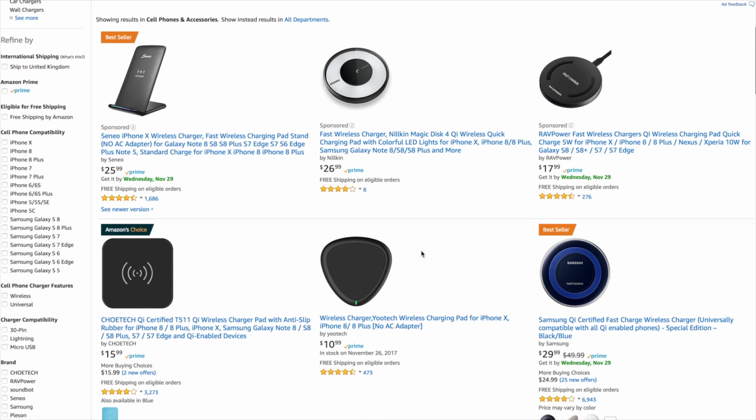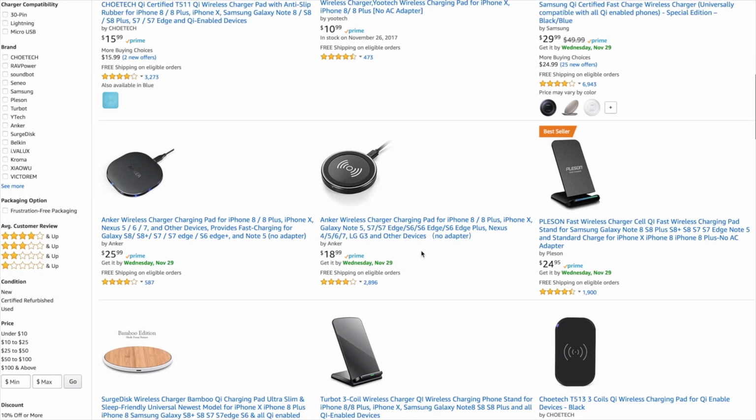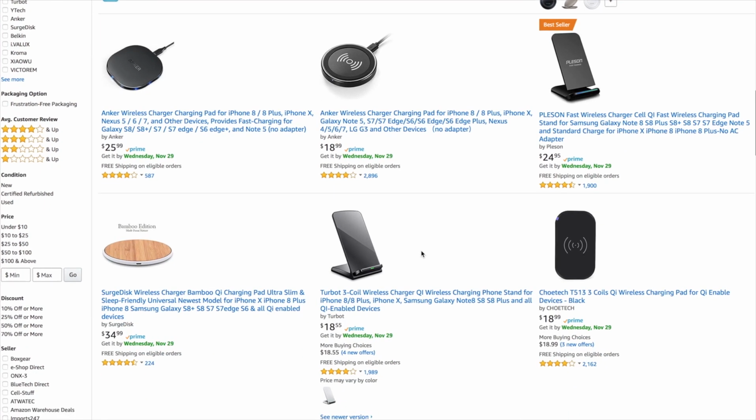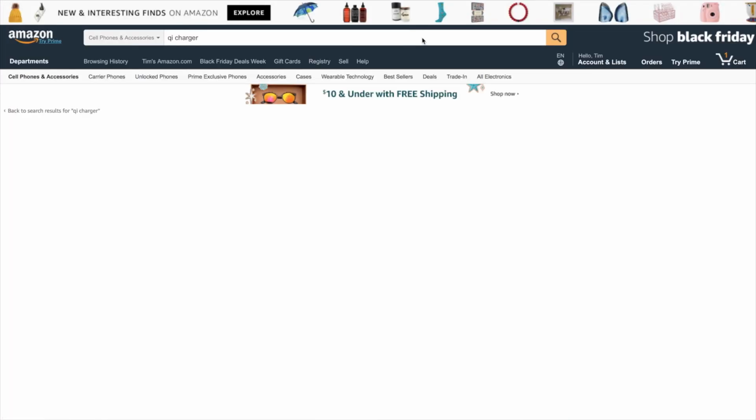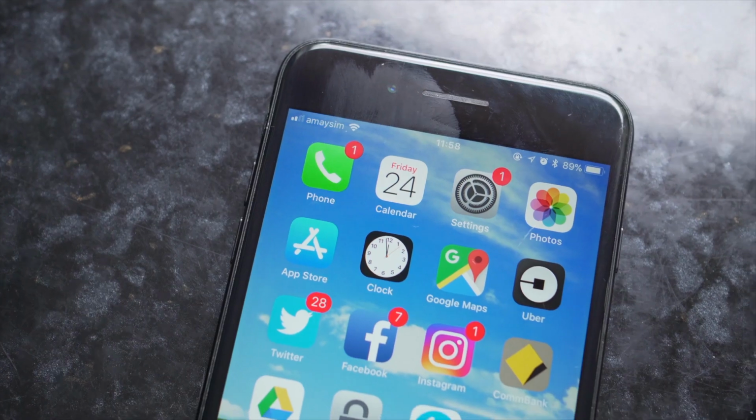At the very least, one should expect a fast charger in the box. This is a flagship business-class device that's competing with rivals like the Pixel 2, which includes a fast charger in the box. And while we're on the topic of charging, the iPhone X, despite being around the same size as